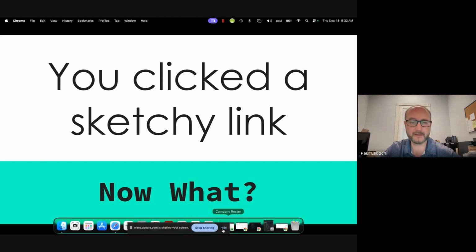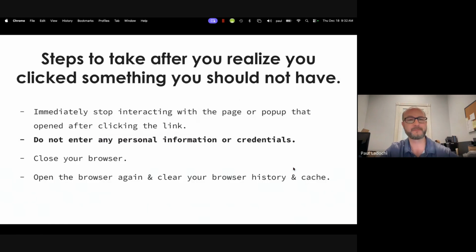Not the end of the world. Accidents happen. So after you've clicked the link, whether it be an attachment that opened a PDF or a link that opened up a website, the first thing you want to do is stop interacting with it. Even if it says enter your credentials to close this window, or sign into your Google account or your Microsoft account, don't do it. Close the browser, close Adobe, whatever happened to open, just close all the programs on your